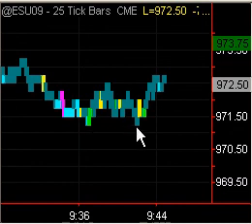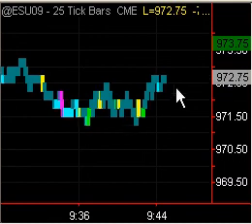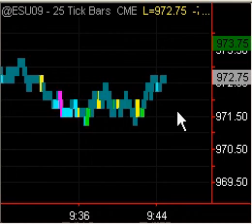Now we could probably trade that. And these, overall, our consensus is that the market is still short. But we've got a period right in here where the market is giving us a few